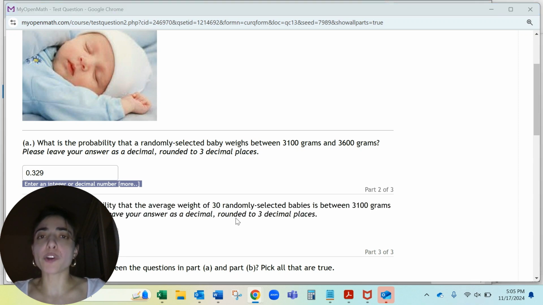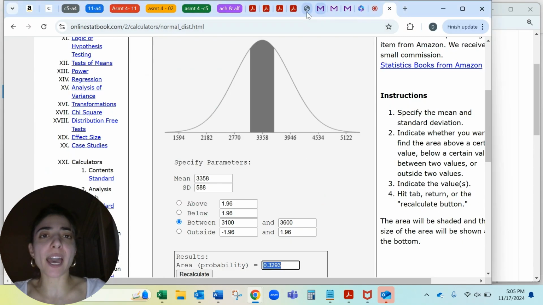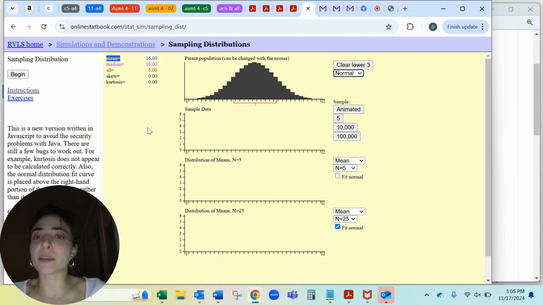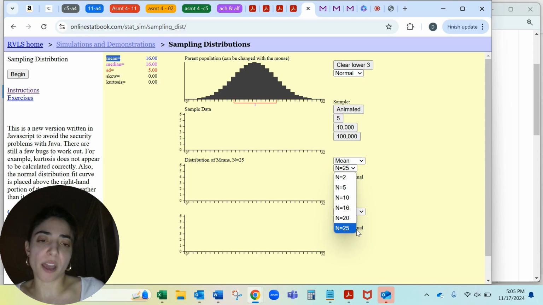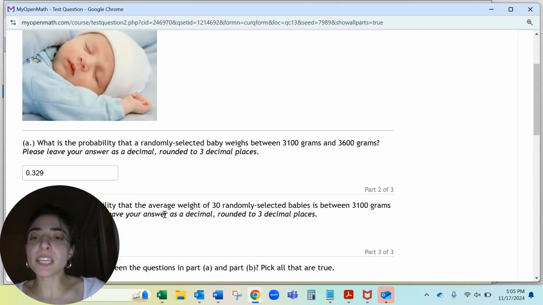So we are no longer looking at a population. For example, this is a population with some mean and standard deviation, like our 3,358 grams mean. But instead, I'm interested in examining the way that the means are distributed when I have samples of 30. Now this says 25. I do not have an option of 30. But my question asks me, if I were to be taking samples of 30 babies,